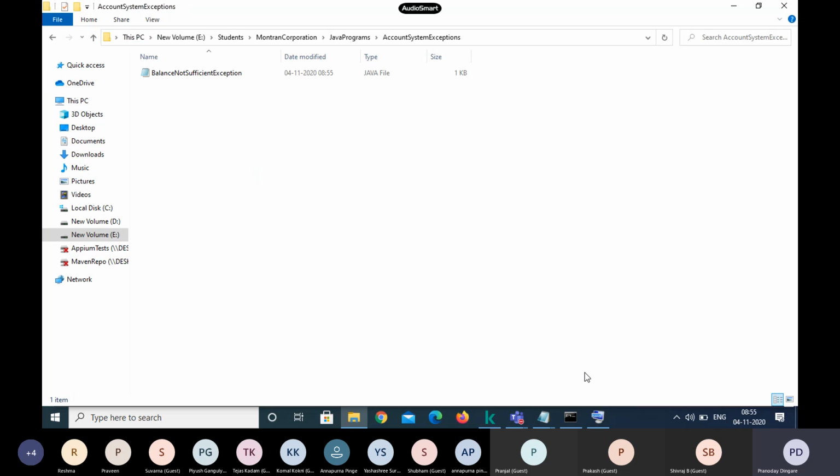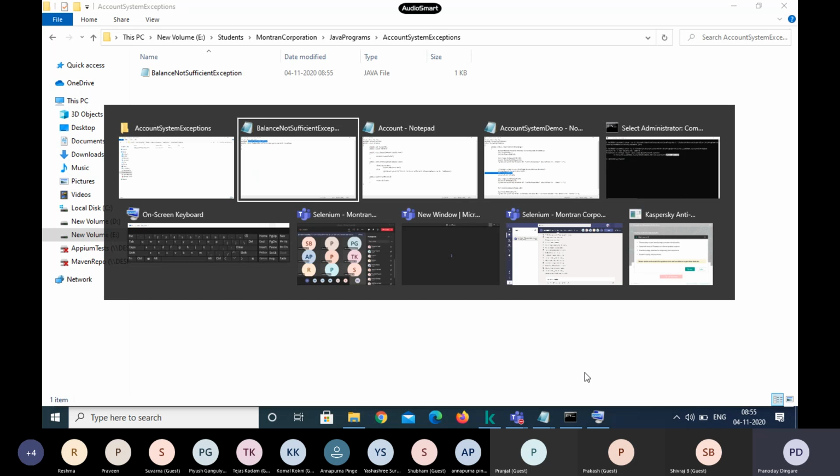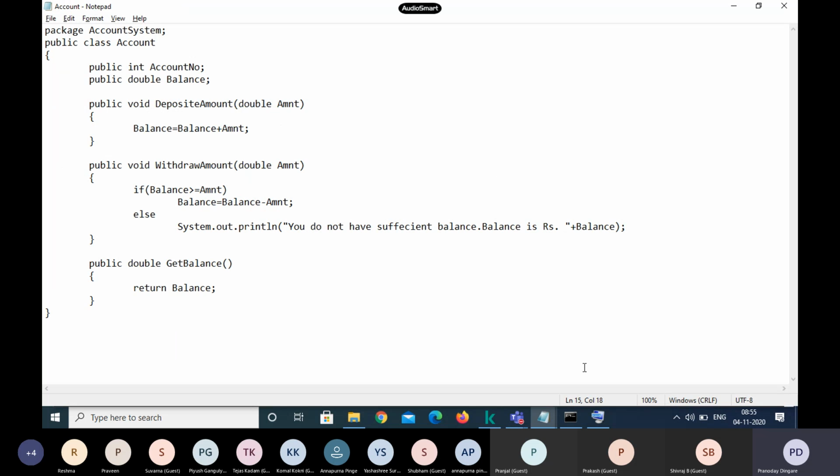Now the question is how to use it. We have created the class and all the things. That's fine, but how do we make use of it over here? What we will do is, if the balance is less than the amount, we will throw the exception. We will say, oh, something is wrong. And if everything is fine, like the balance is sufficient to process the withdrawal, then balance equals balance minus